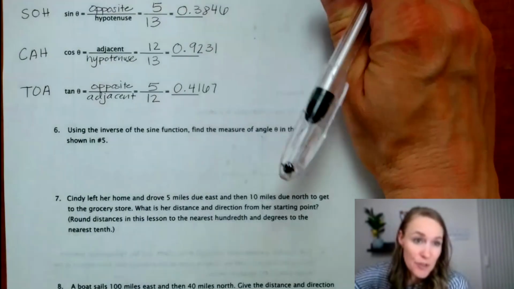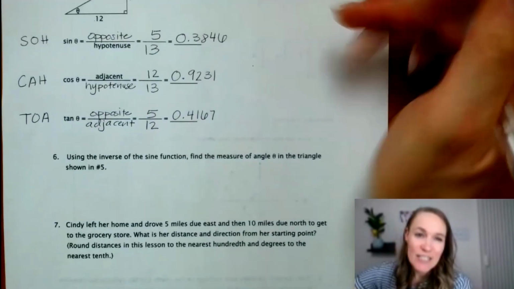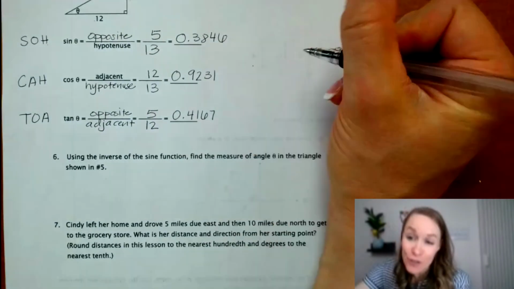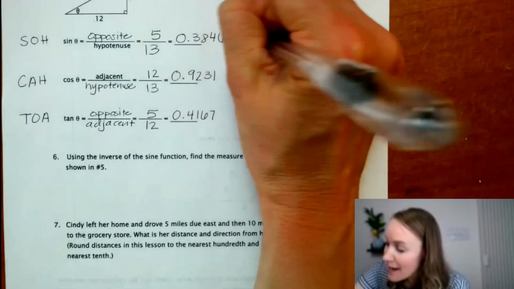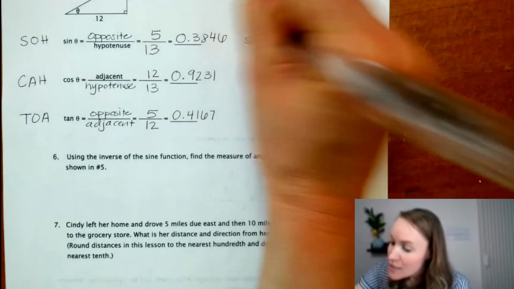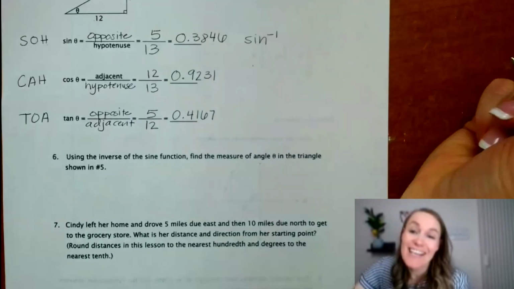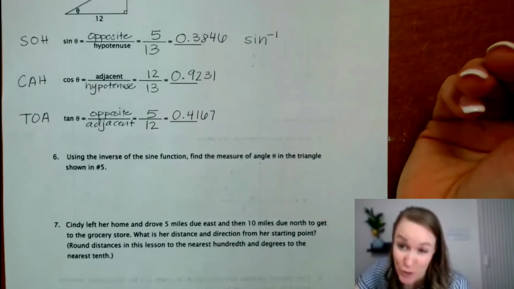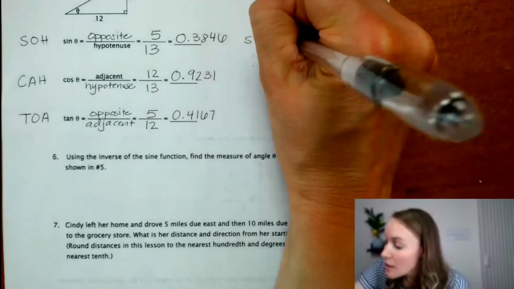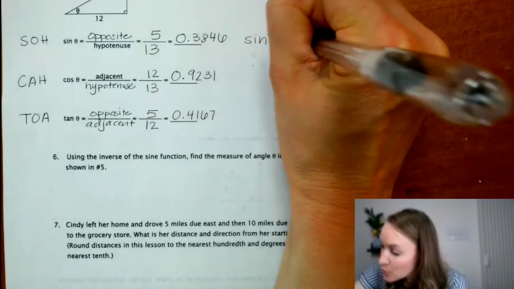Okay, so when I'm solving for theta, and we're doing the sine function, we say the inverse sine of theta, and that is written as sine to the superscript -1. It's kind of like an exponent, but it's a superscript, okay, of theta equals,